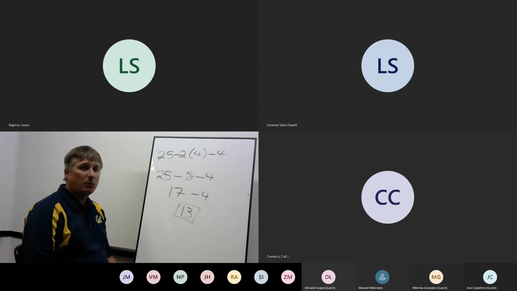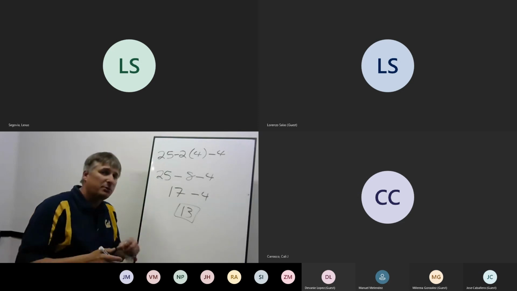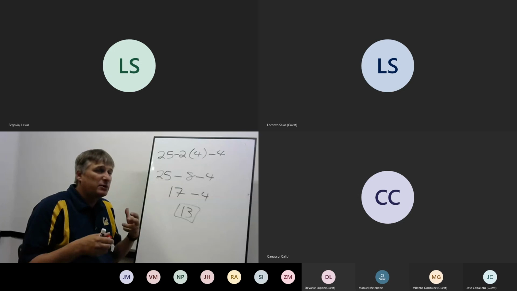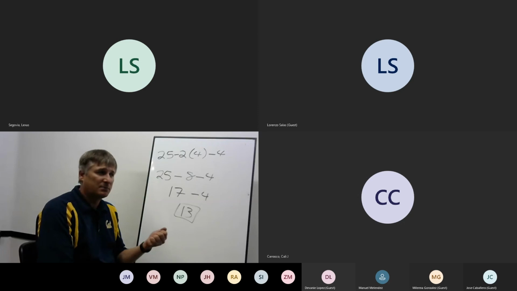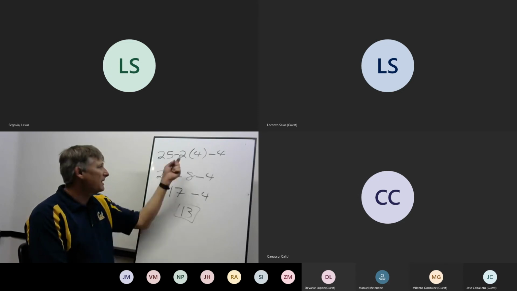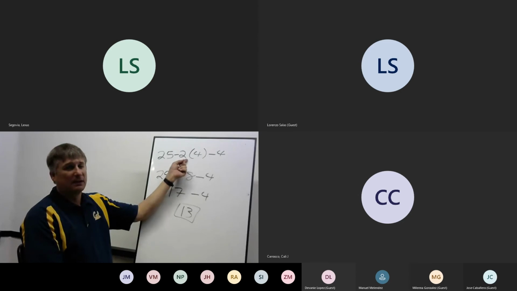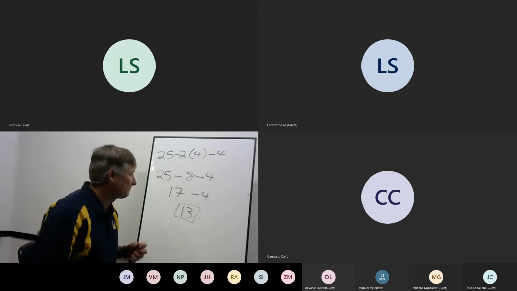But the key takeaway from this, we do all the calculations inside the absolute value first, and then we resolve the absolute value. You know, if it's a negative number, it's going to become positive. If it's positive, it stays positive. Now I've got this here, and somehow I knew this meant multiplication. So I've got to talk about symbols in algebra.